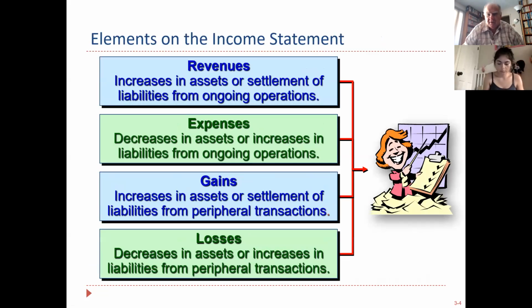So, elements on the income statement. Revenues. These are horrible descriptions. They are just too confusing. Revenues: increases in assets or settlement of liabilities. I'm not going to go over it too much right now, but when you're doing your homework, I noticed they put these clunky multiple choice questions in. Revenues are sales, then expenses. You also have something called gains and losses, and we'll go over that.